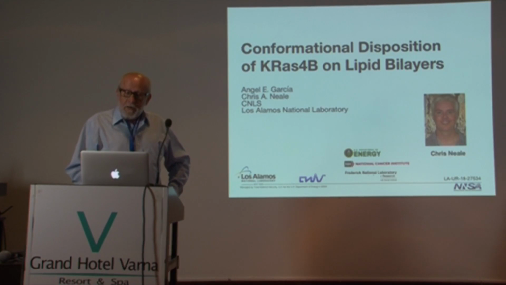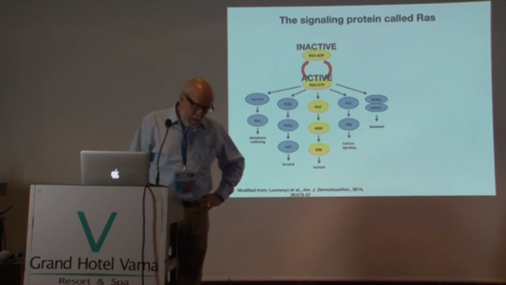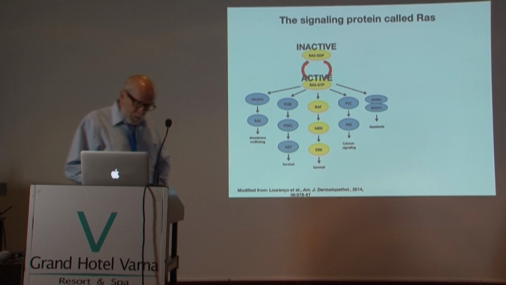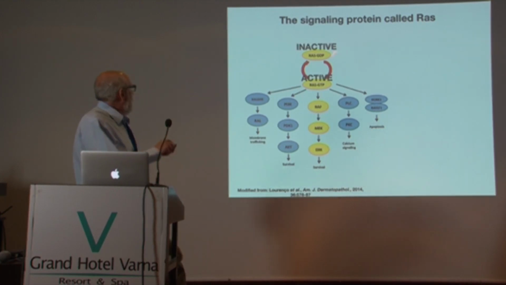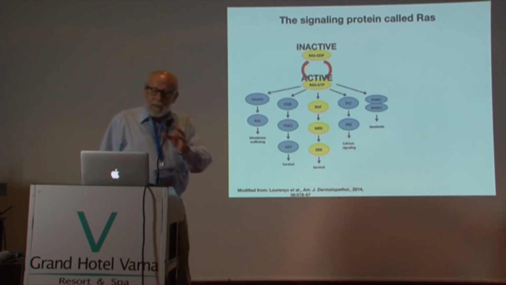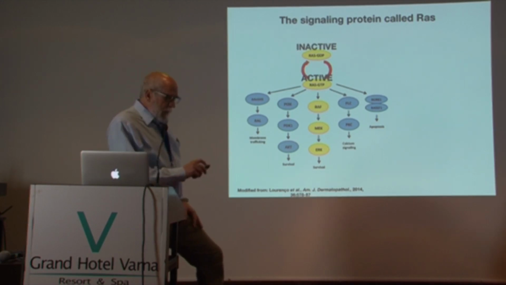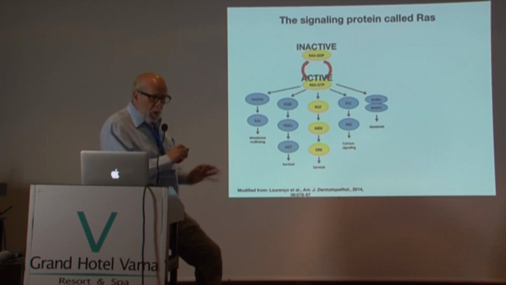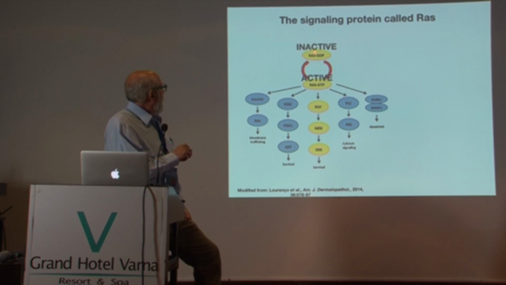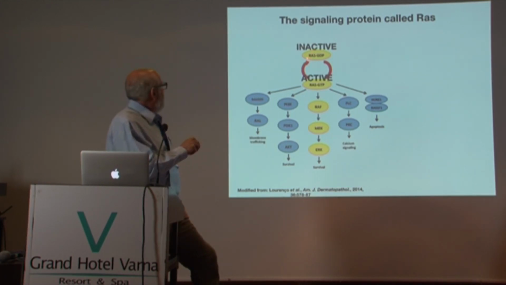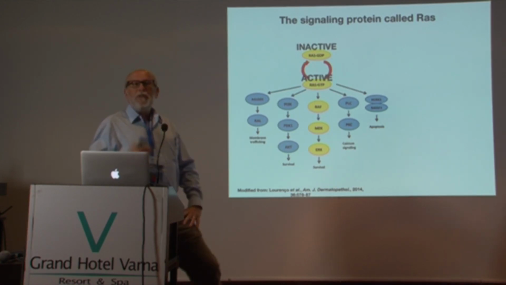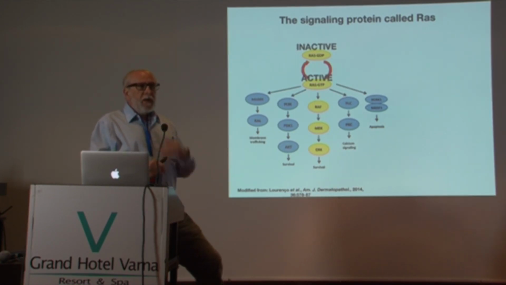So why do we care about KRAS4B? KRAS is close to the initiation sites of many different pathways that are relevant for cell signaling, and it's a switch protein. It's a small GTPase that goes from an inactive state, when it's in the GDP-bound form, into an active state when GTP binds to it. That induces a conformational change,